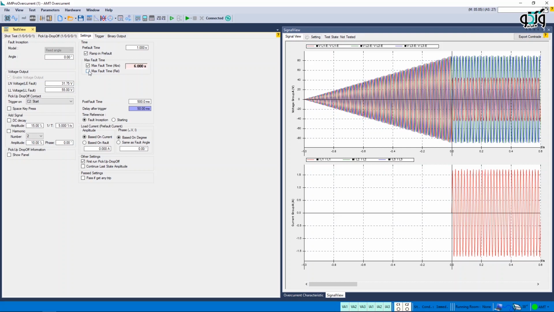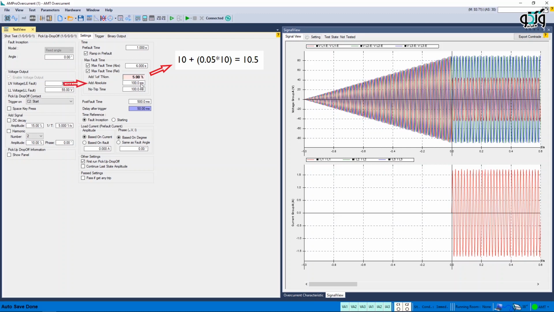But to increase the speed of the test, you can use maximum fault time relative. By checking this option, 3 other options appear. By entering a number in add percentage of tnom, the fault signal injection time in each point equals the test point nominal time plus a percentage of the nominal time entered in this field. This means that if the test point's nominal time is 10 seconds and 5% is entered in this field, the maximum fault injection time equals 1.05 times the test nominal time, which is 10.5 seconds.